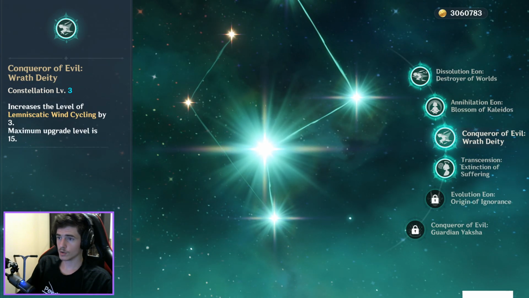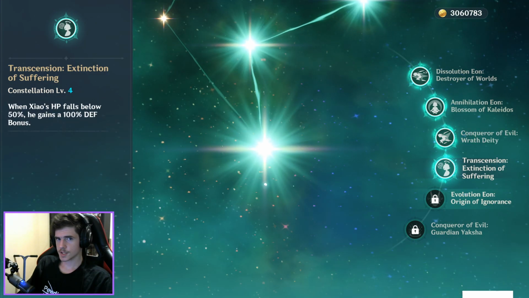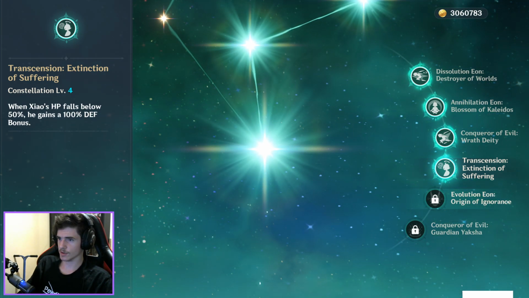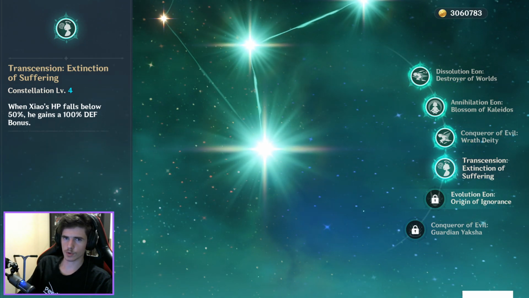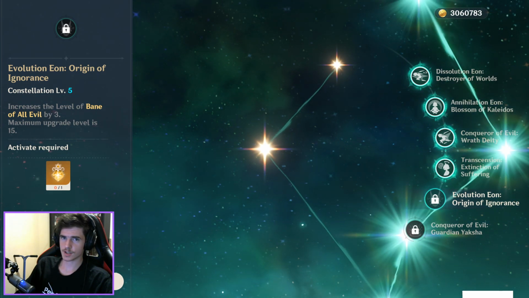His C3, Wrath Deity, gives 3 levels of Wind Cycling, which basically just means more damage. C4, Extinction of Suffering, when Xiao's HP falls below 50%, he gains 100% defense bonus. His worst constellation, basically it doesn't really do much for him. C5, Origin of Ignorance, basically just gives him 3 levels of Bane of All Evil, which basically just means more